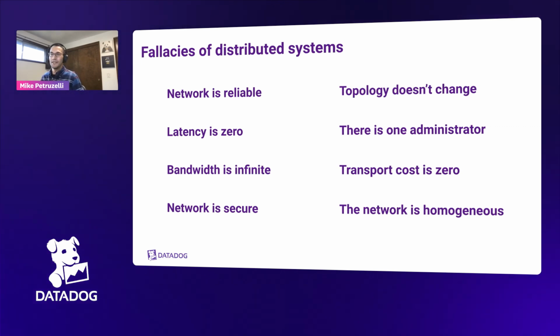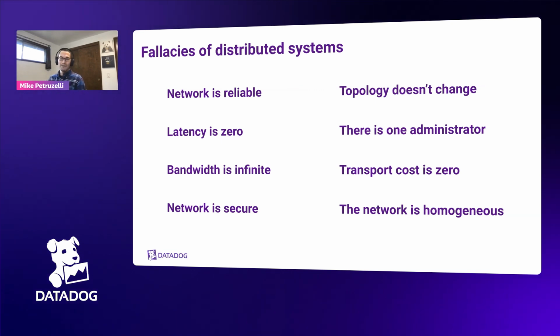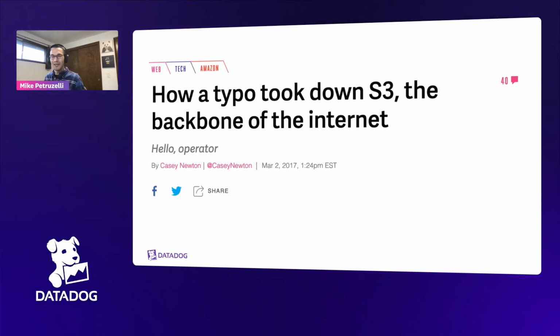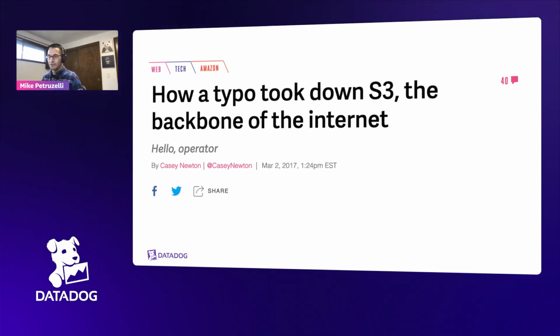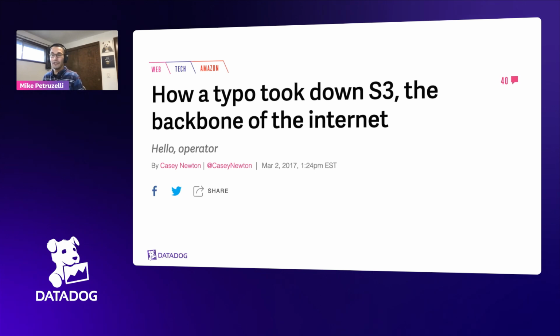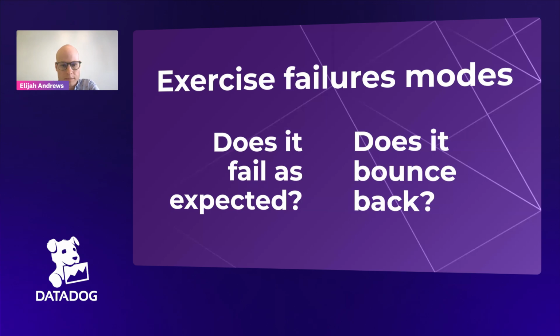And why do we need to do this, right? Well, we're all human, and something as small as a typo can bring down, say, S3. If you've been working in the cloud for long enough, you've got the battle scars of these situations. And various things are going to happen out of our control no matter what. The world is chaotic, but we need to provide that stable platform, especially for our customers at Datadog. Yeah, people really rely on Datadog to be up when the cloud or their infrastructure is having issues.